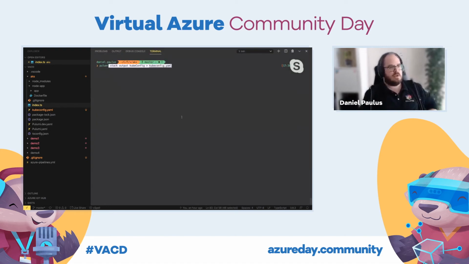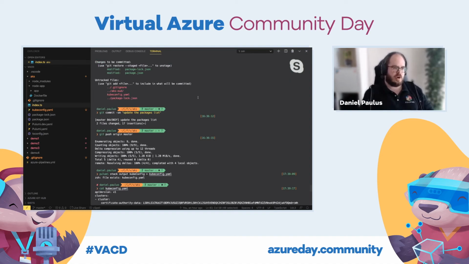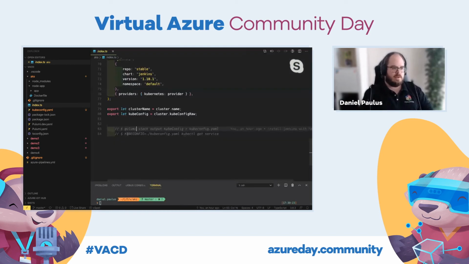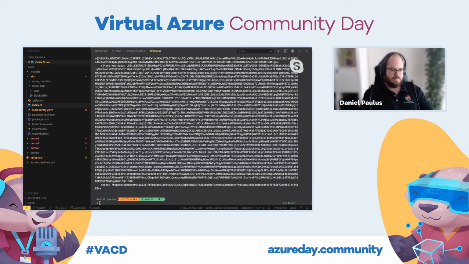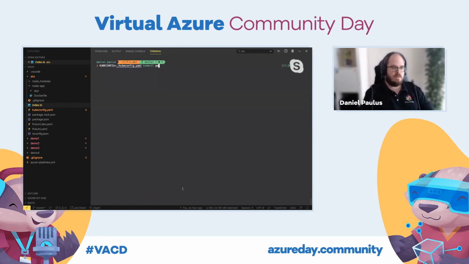Because we have the state and the stack, we can also output any var that we have exported in a previous run. So right now, I have exposed the kube config, which just contains everything we need to talk with the cluster. And you can simply run any command that you'd like, and you see that we have one Jenkins master up and running, and we can even say